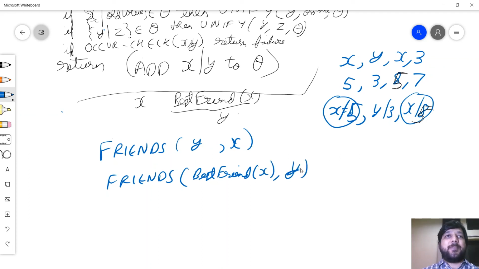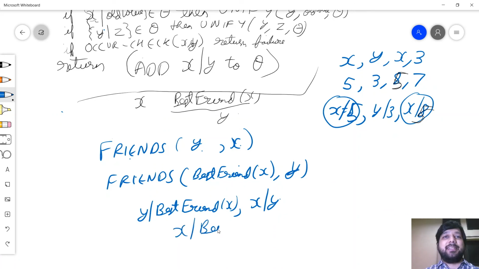Okay, so let's very quickly do friends and friends will match. Y will get substituted by a best friend of x, and x gets substituted by y, which means x is equal to y is equal to best friend of x, which is basically indirectly, and that does not pass a check.